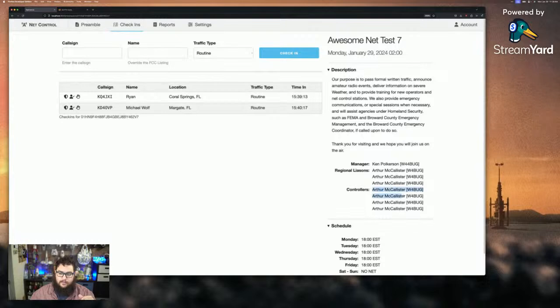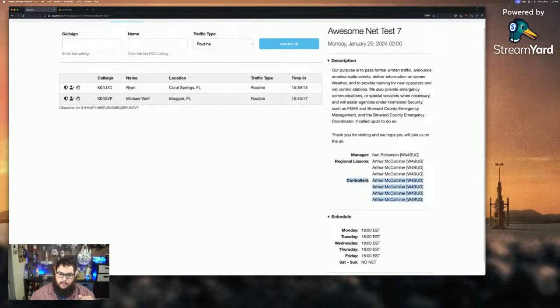So in this case, in our UI example, all these net controllers and managers or whomever, we have to play with our permissions thing. All these folks, they're all the same person right now. They'd be allowed to see the net control page. And we can deal with if someone's in net control, should someone else also be able to check folks in? How do we want that to flow? Maybe there's one net controller. Maybe someone can take over the net control